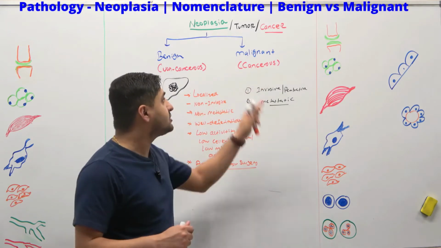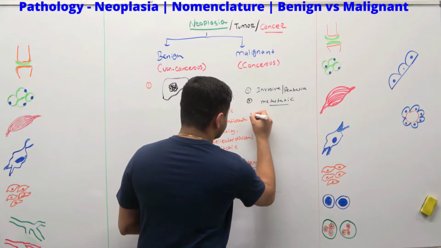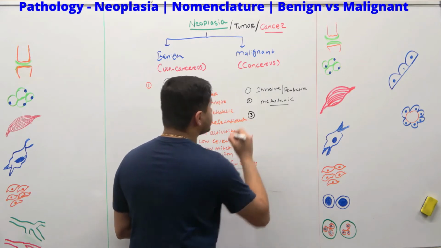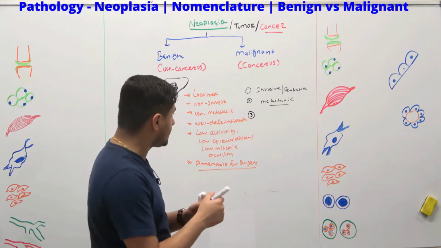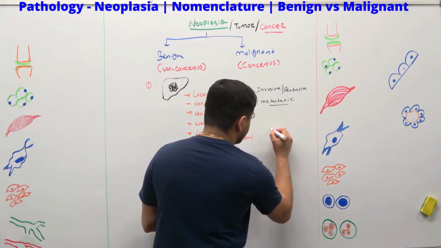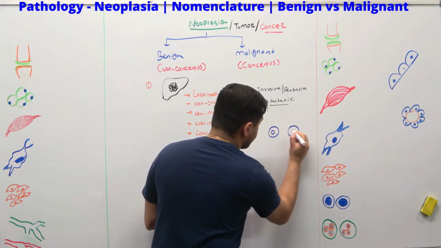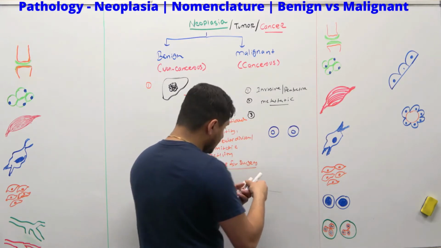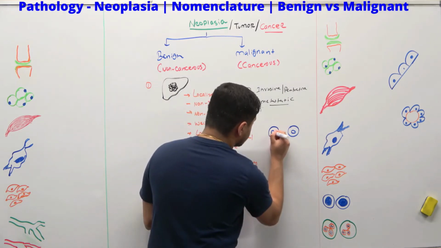So the malignant tumors have that. On top of that, you also have to remember, whenever you look at the nucleus of the cells, for example, let's just say these are 2 cells right here, and then if you look at this, let's just say 1 here, the nucleus, and if you look at the nucleus inside there, I'll make it blue again. If you look at this, this is what you see.